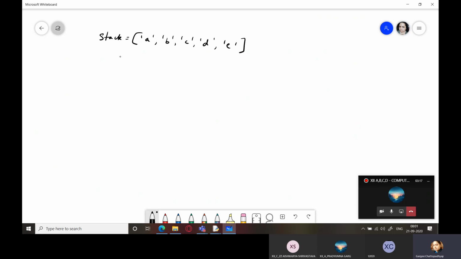Now what you have to do is you have to pop elements from the stack in the reverse order. That is from right to left. Okay, that means this is the top from where elements will be inserted as well as they will be extracted out. So from here, now what you will be doing is you will be popping elements from this area. You will be taking out elements from this area one by one and you will be repeating those elements. So how can we do this?